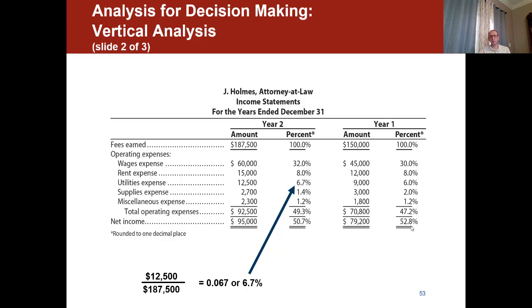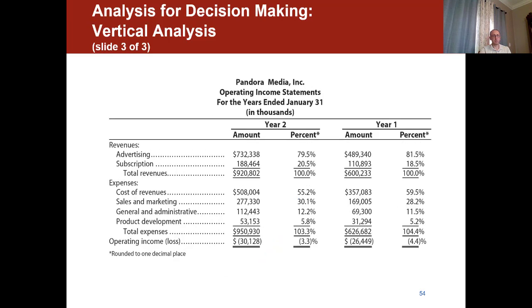You can compare the numbers by referring to some kind of other base. And in this case, it's the fees earned. So by that, we can also see